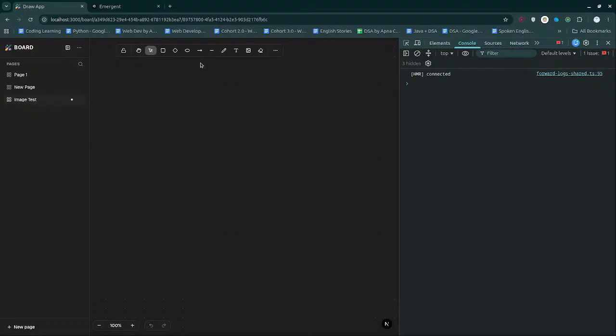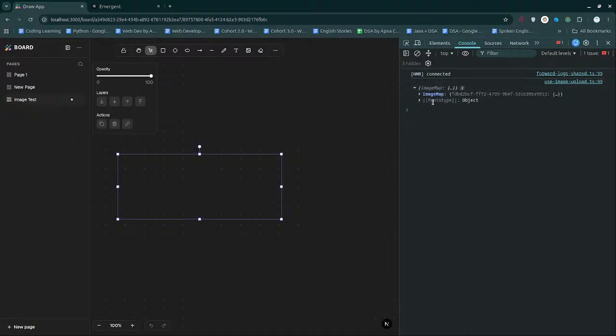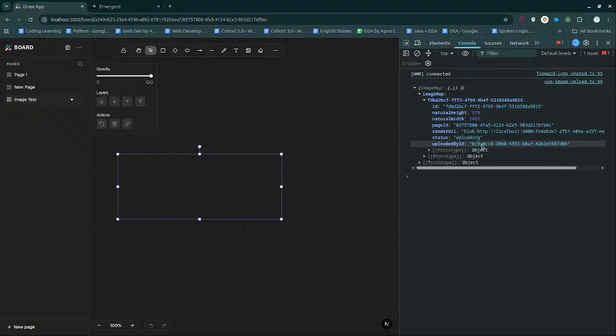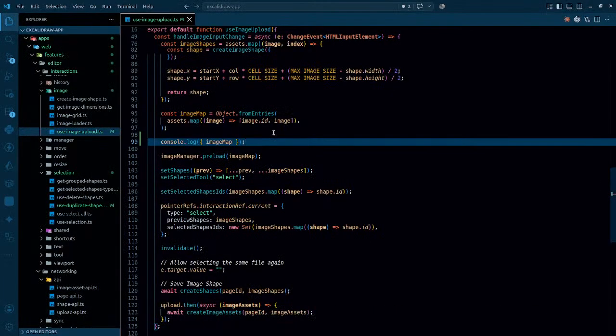Okay, finally it didn't really get anything but kept loading. We have the render URL in here. Okay, if we actually have the render URL, so that render URL must have been saved,